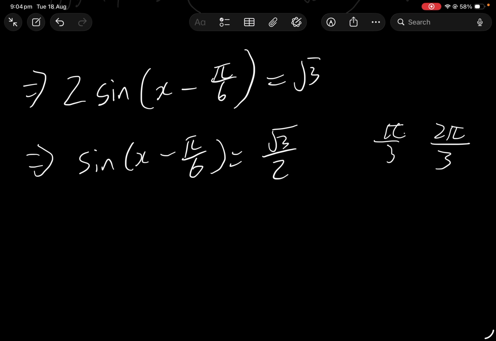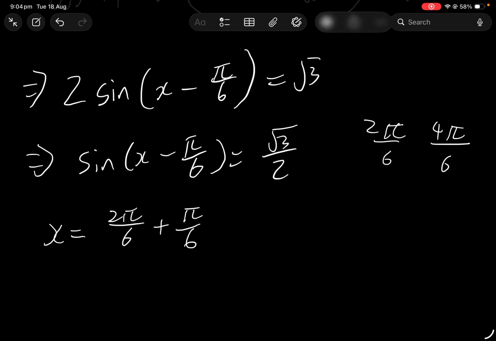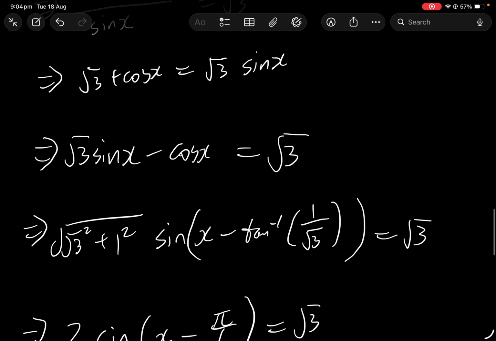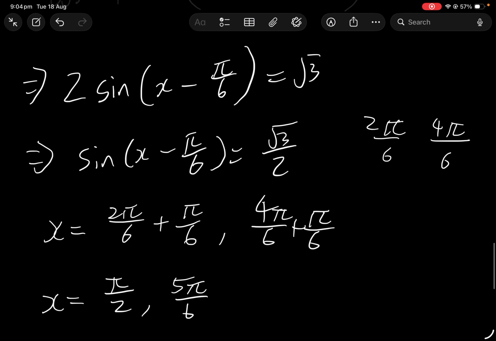And so basically we'll make them sixths, so that's 2 on 6 and 4 on 6. Because it's minus, we're adding, so that means x must equal 2 pi on 6 plus pi on 6 and 4 pi on 6 plus pi on 6. And that makes it so that x equals 3 pi on 6, which is pi on 2, and also 5 pi on 6. I think that's all the solutions,